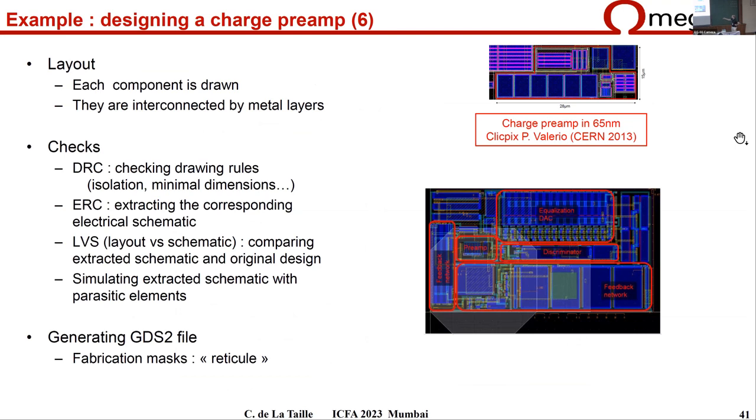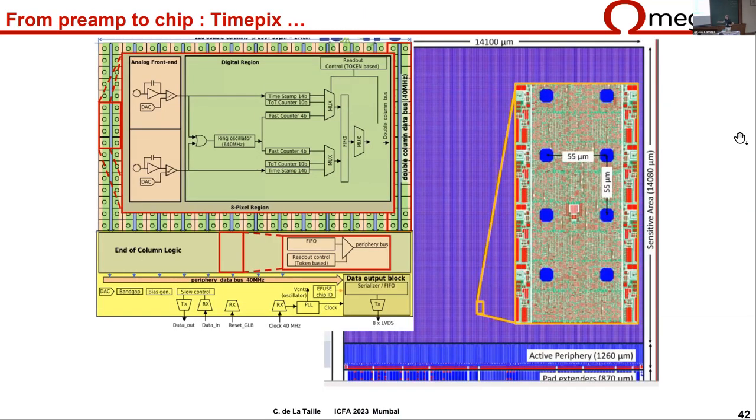Okay, then this is now the everyday work of the electronics designers in the different labs. Then they lay out the device, they do different checks, and then they generate what we call the mask for fabrication. And this goes into fabrication in a $1 billion foundry. And so you have all heard about the semiconductor crisis and how it's difficult to manufacture semiconductors and all these kinds of things. Just taking an example of that, a chip that maybe some of you know,